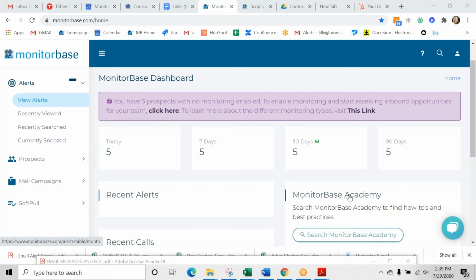And so I've talked about funded loans, and I know that Paul mentioned that he uploads your past funded loans on a bi-weekly to monthly basis. But you can actually upload anybody into the system. It doesn't have to be a past funded client. It could be your Facebook leads or leads you've purchased. It could be a realtor's database if you want to partner with those realtors to monitor their past clients.